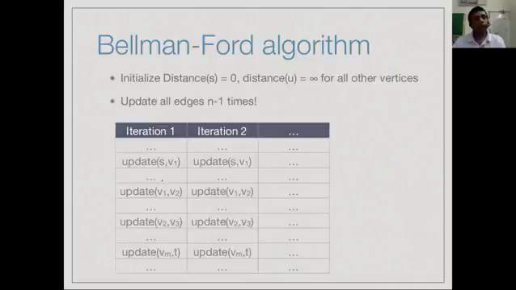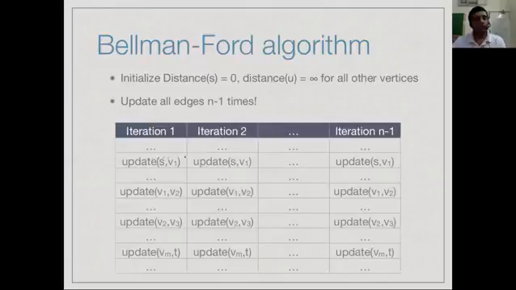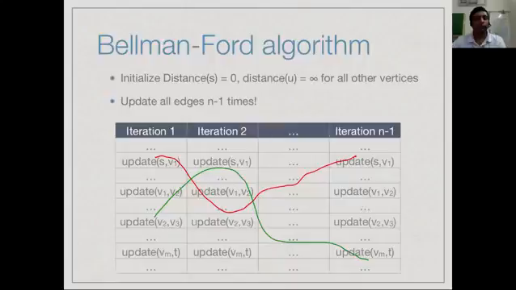Now we know that a shortest path between any two vertices has at most n-1 edges. Therefore, if we do this n minus 1 times, the claim is that if I want any sequence of updates, I might find a sequence of updates which goes like this, or any sequence of n minus 1 updates which is a legal path will be represented in this. Okay, so this is a very clever matrix which has all the updates after one iteration, all the updates after two iterations. Now if I want a particular sequence, update E1, then update E2, then I will find E1 here, then I will look for E2 here, then I will find E3 here, and then so on. Right? So every possible path is represented.